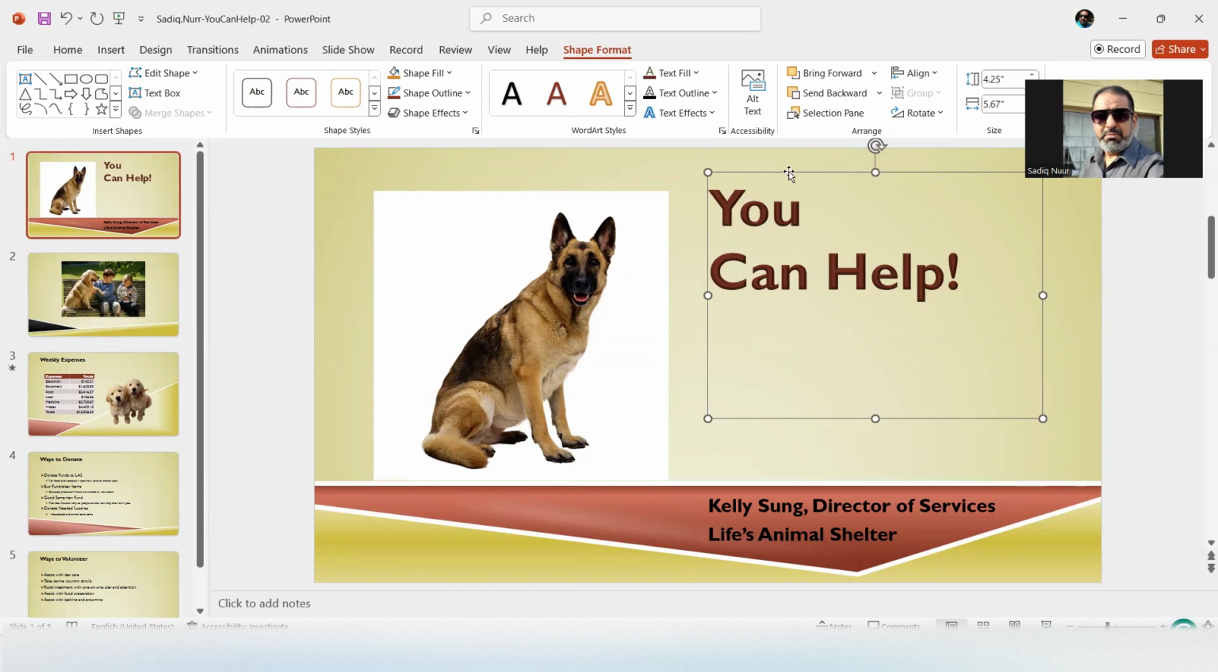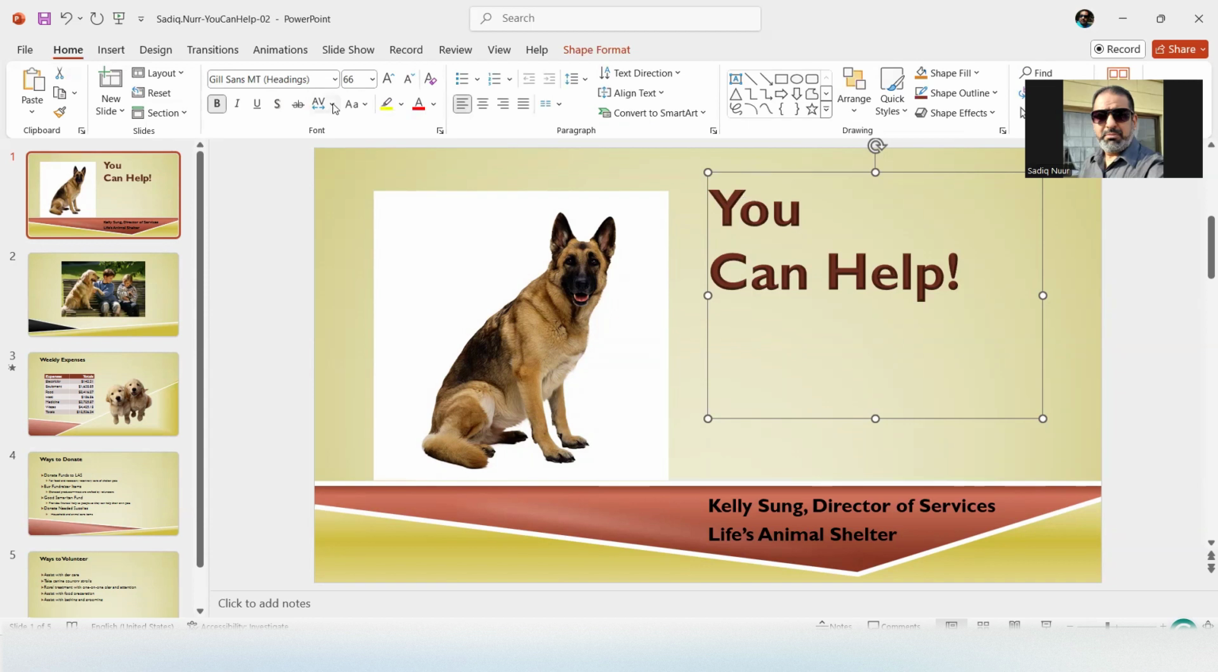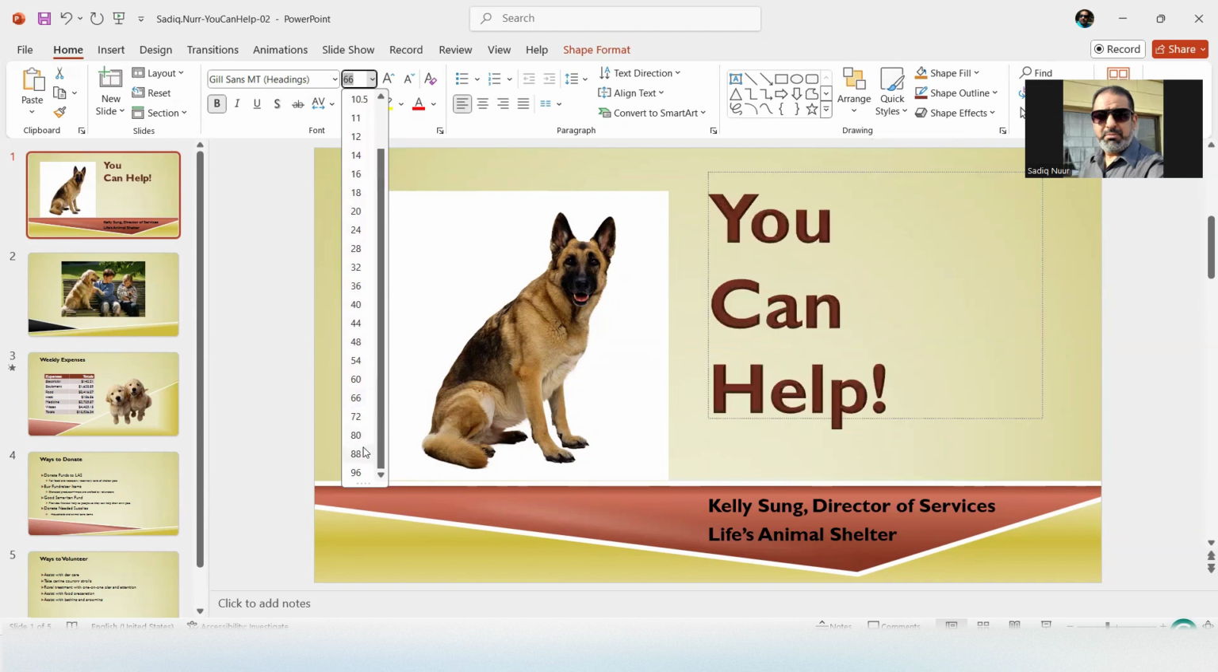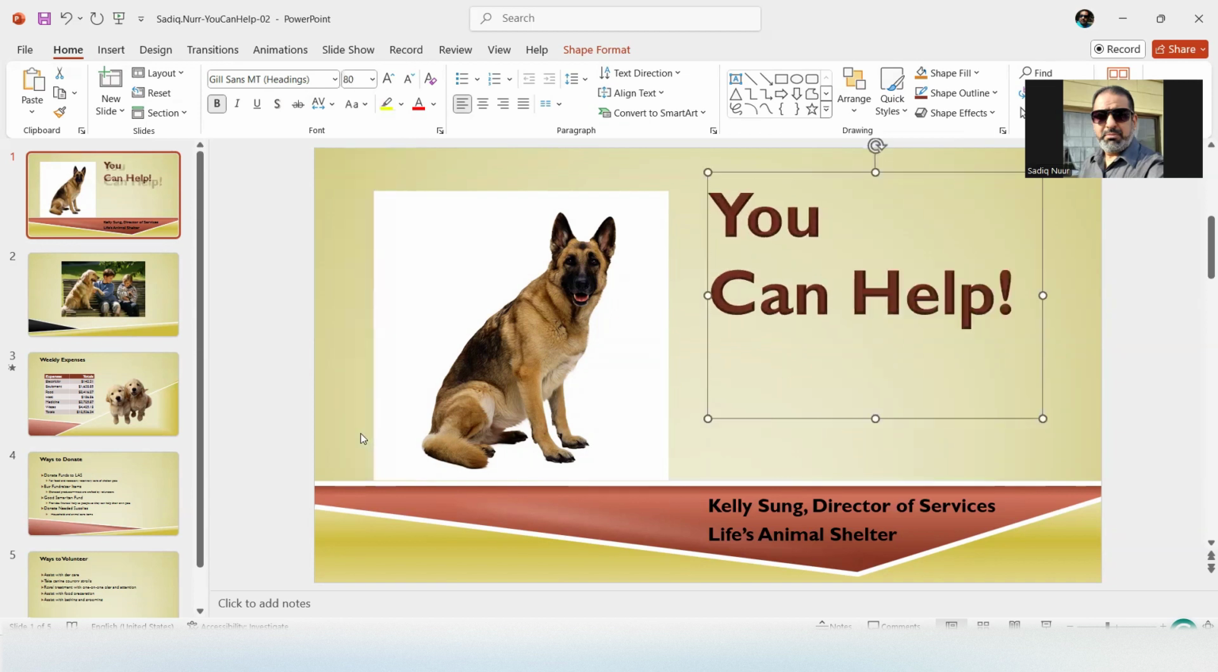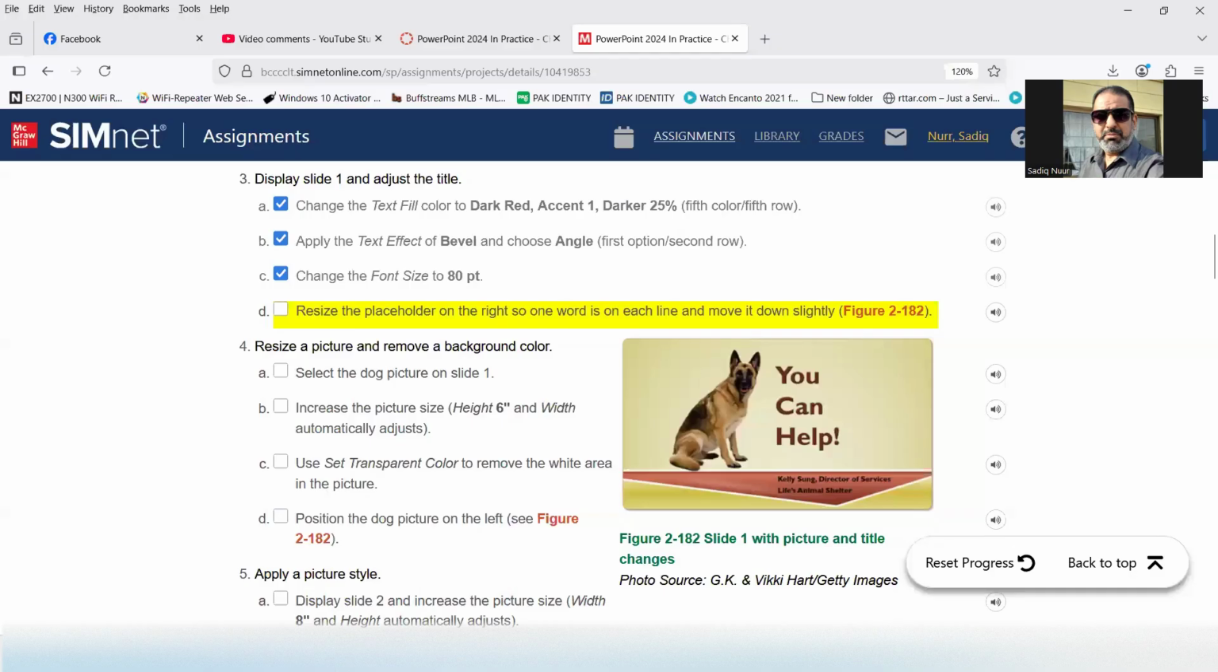So while my box, the placeholder, is being selected, I can go back to the Home tab and change the size under the font size to 80. All right. So it's up to you if you want to select the text and do the font size, or just select the placeholder until you see the white circle, and then you can apply the size. So next,